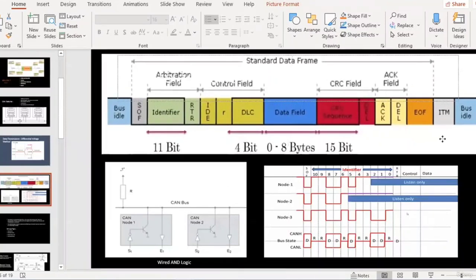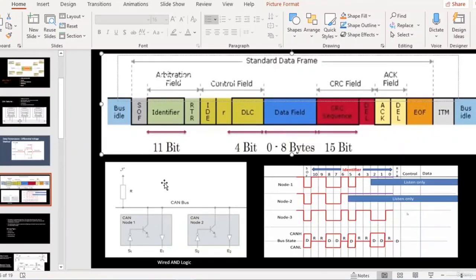So a standard CAN frame would basically have these many sections as listed in the diagram. Everything starts with the start of frame, which is a dominant bit, which means a digital 0, and recessive means digital 1.